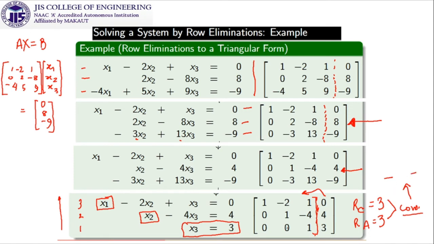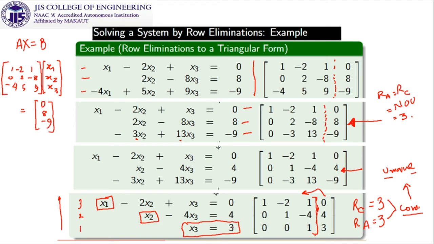Very good. Now the question is, what type of consistency is it showing, uniqueness or infinitely many? In the last slide, we saw that if rank of A is equal to rank of C is equal to the number of unknowns, which is here 3, we are getting the ranks are the same, and that is nothing but the number of unknowns. So it is giving us the classification that it will be unique. And look at this, we get a unique solution.